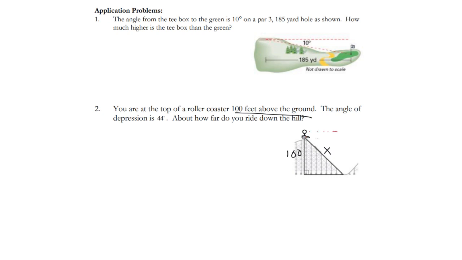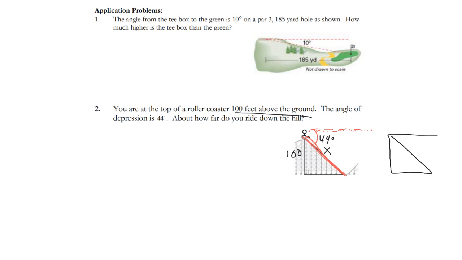If you are currently looking straight out from that roller coaster, you're looking that way. Okay? And then you look down towards the bottom of the hill. Now you look down this way to get to here, right? This is your angle of depression, and that is 44 degrees. Now, like I mentioned, what happens here is that means that angle is not inside the triangle that we're trying to use trig to solve. Okay, this angle is outside of that. So there's two ways you can deal with this. First,